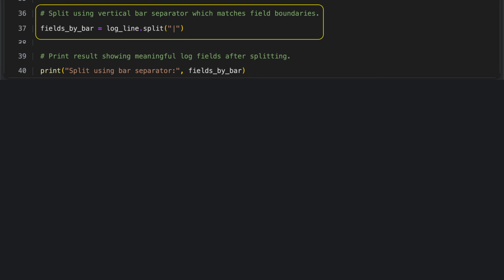In this example, a log line uses vertical bars to separate key fields, like the date, time, event description, and sensor ID. By calling the split method with the vertical bar as the separator, the log entry is broken into distinct parts, each corresponding to one of these fields. This approach keeps each piece of information intact and makes it easy to access and use for later processing or